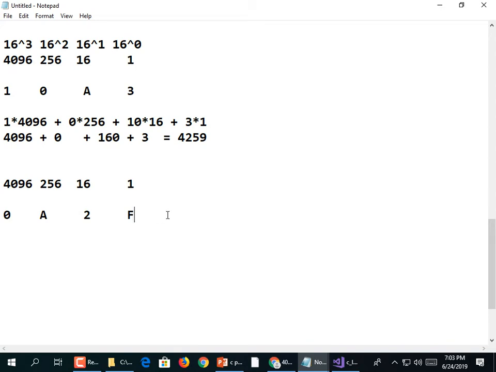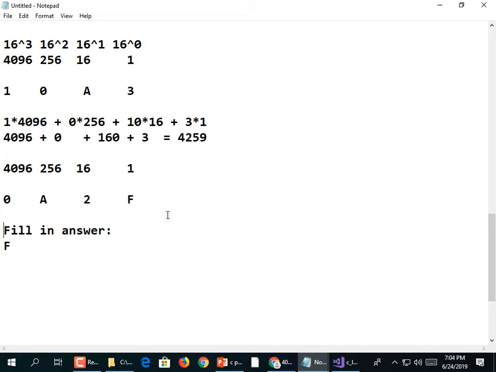Alright, just for giggles, we're going to do one more. If you're doing this at home, I want you to fill in the answer here for that one, 0A2F, just like we did here. I'll make this worksheet a little bit cleaner, make it easier to type along, and this will be the last thing we do. If we have 4096, 256, 16, 1, so if we have F, F,